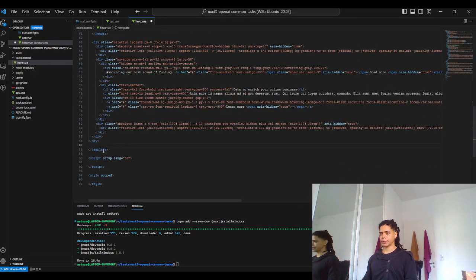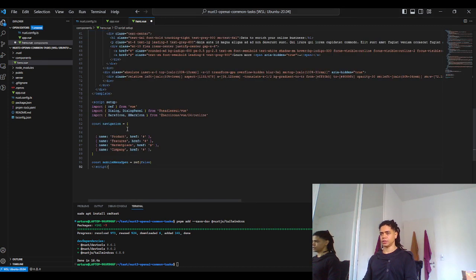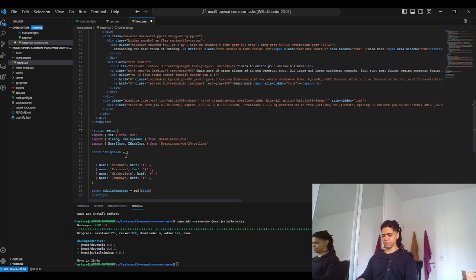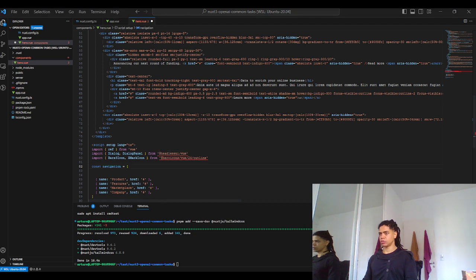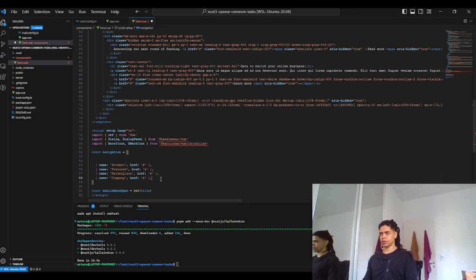Okay, as well as one of the cool things of this is that it also provides the code in Vue 3, which is great. It provides the entire code from Vue 3. Let me pass here the lang as TypeScript. Okay, and let me now